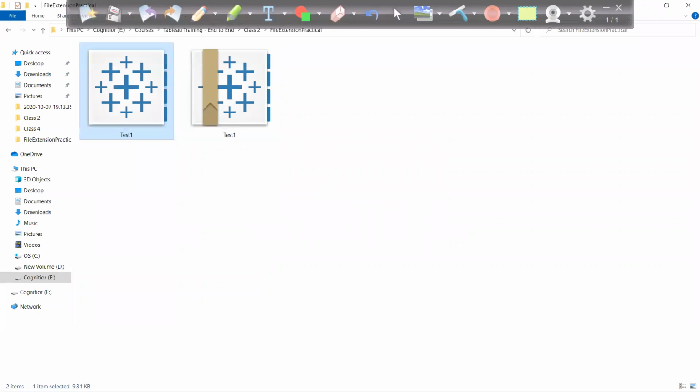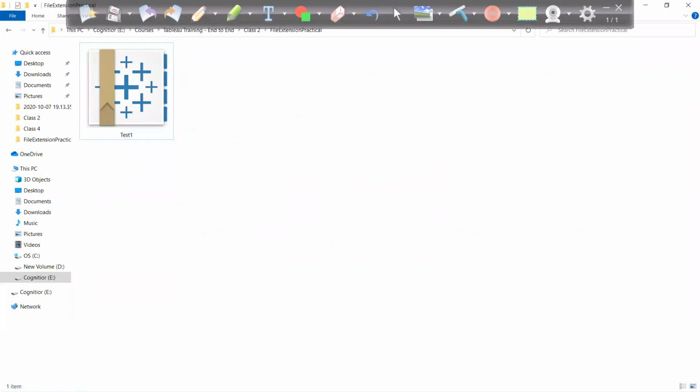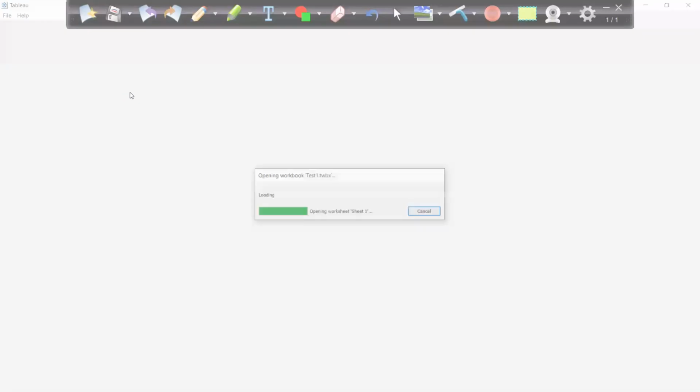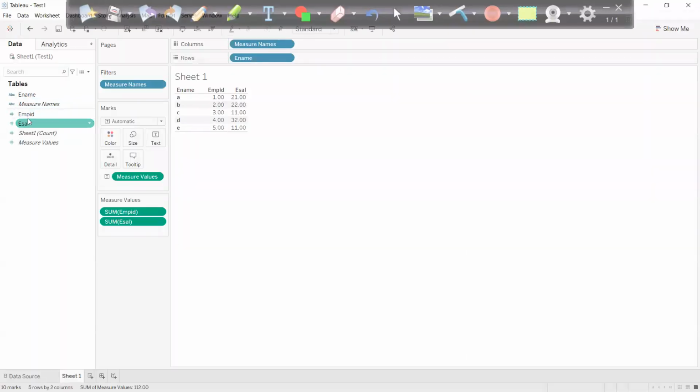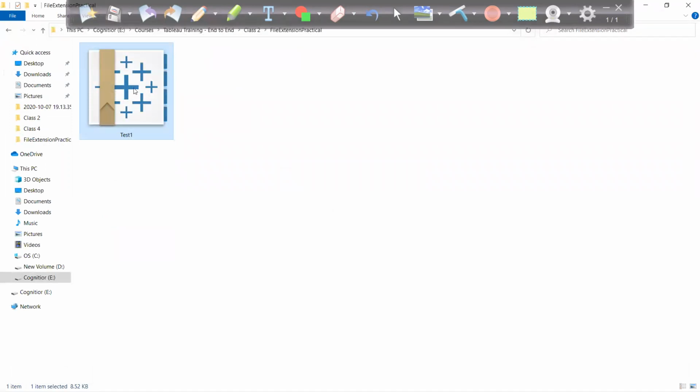Okay, so let me delete this. No longer required. But I have this TWBX file. This file will open. Data will be there as well. Now the question arises, why? This is a packaged file.